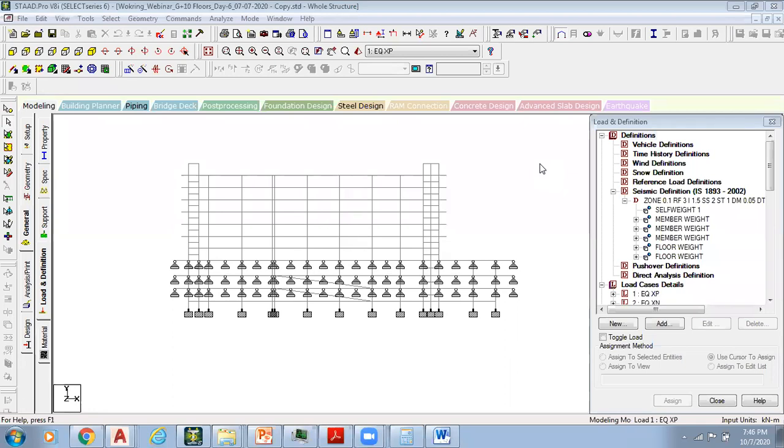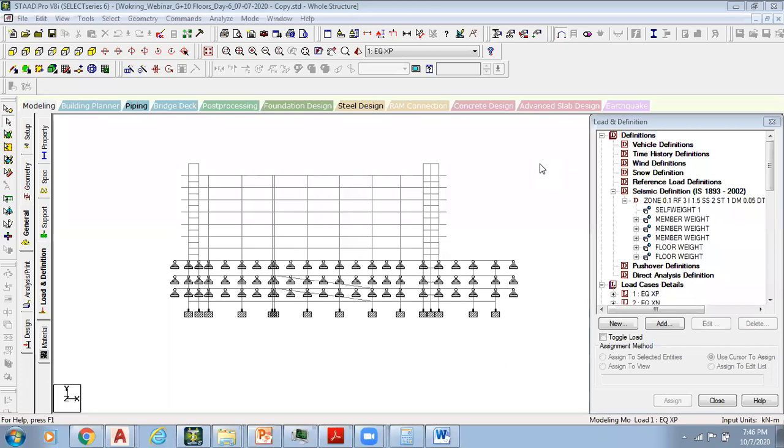When we have a live load less than or equal to 3 kN per square meter, then we can take only 25% of that live load into seismic weight calculations. If I have a live load more than 3 kN per square meter, then we have to consider 50% of that live load into seismic weight calculations, which would give us accurate or practical weights which are going to act on your structure, right?